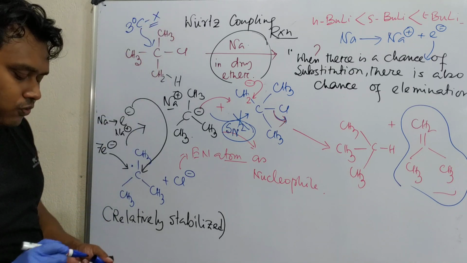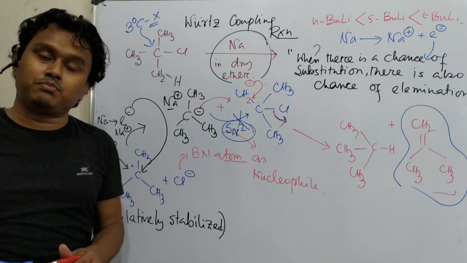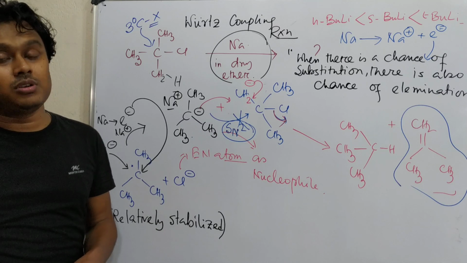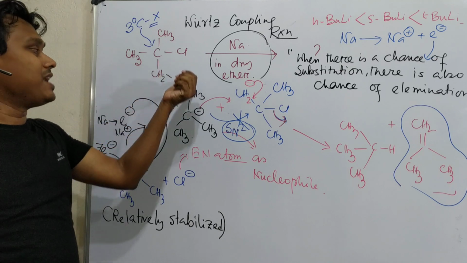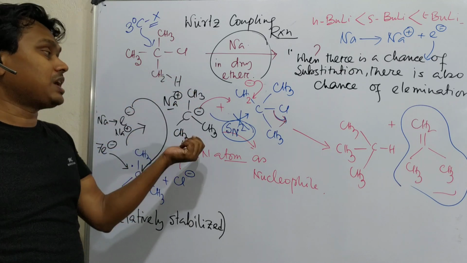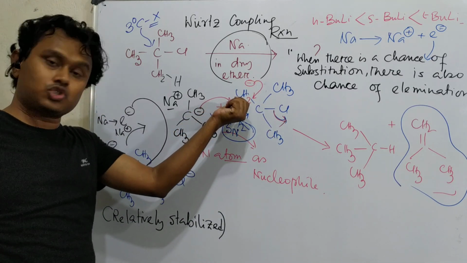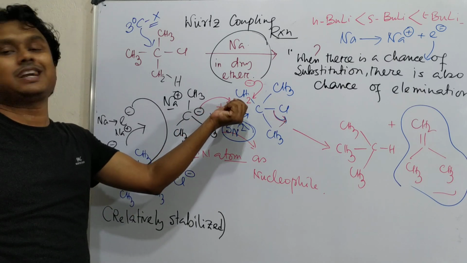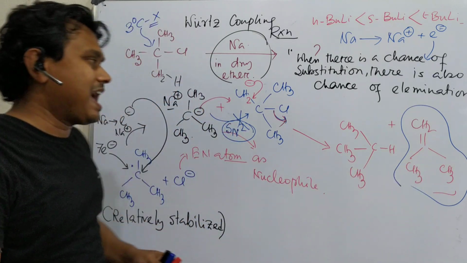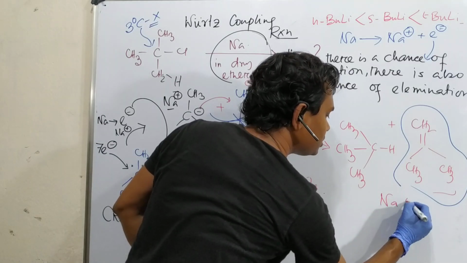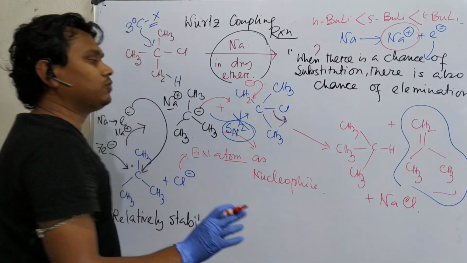Okay, so now the question is what we have learned from this discussion. We have learned that in the presence of sodium, an alkali metal which gives electrons easily, that electron acts as a reducing agent, reduces the carbon halide bond and results in a tertiary anion formation, which undergoes an acid base reaction. So this is actually the base, this is actually the acid. Although it is not a strong acid, since it's a very strong base, the reaction can happen. So it resulted in one part alkane, one part alkene. And what is the fate of chlorine? This produces sodium chloride. Means sodium plus was previously produced and chloride produced in this situation. So this is the overall discussion.